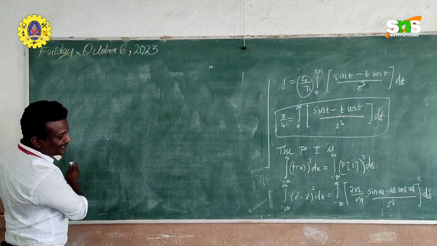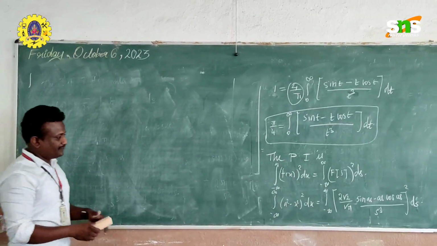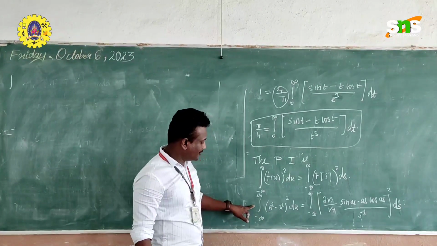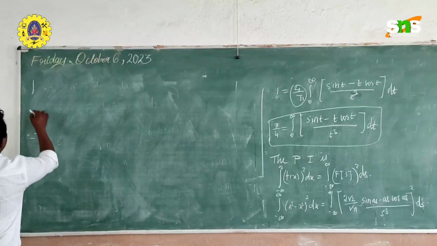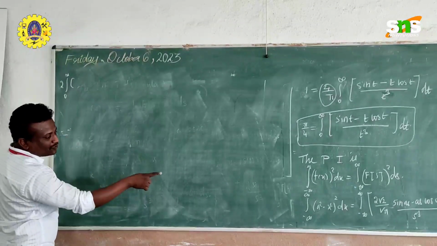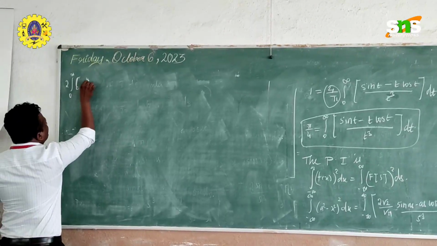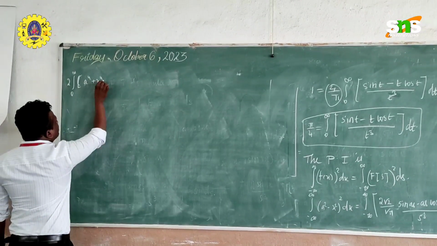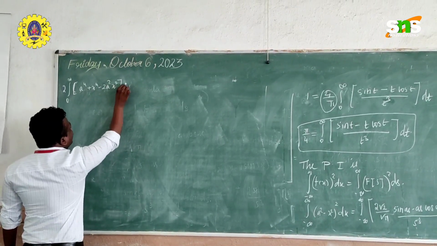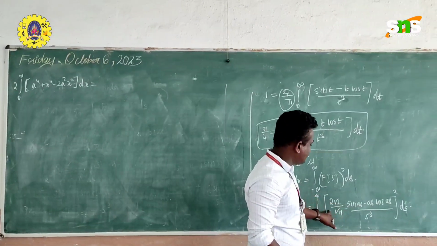So first, the left hand side, I am just going to expand. A square minus x square is an even function. So we can write 0 to infinity, multiplying by 2 here. Now expand (a square minus x square) the whole square. What will happen? a power 4 plus x power 4 minus 2 a square x square, close it, into dx, which is equal to, now apply this square to this step, then this step.